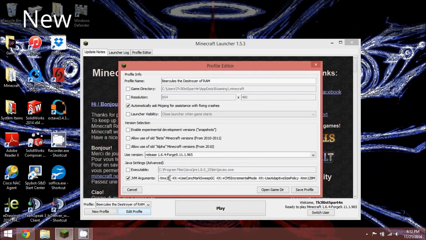Or if you're using Java 32-bit or Windows 32-bit and you simply can't have that much RAM, another thing you could do is just type in like 1500 megabytes right there, and that should be enough to be able to run the pack,